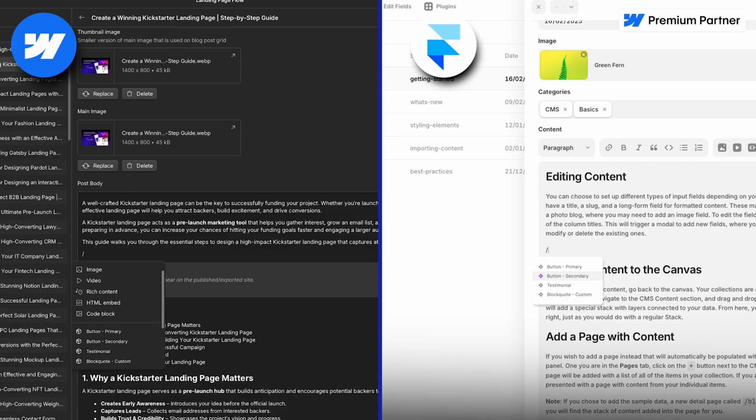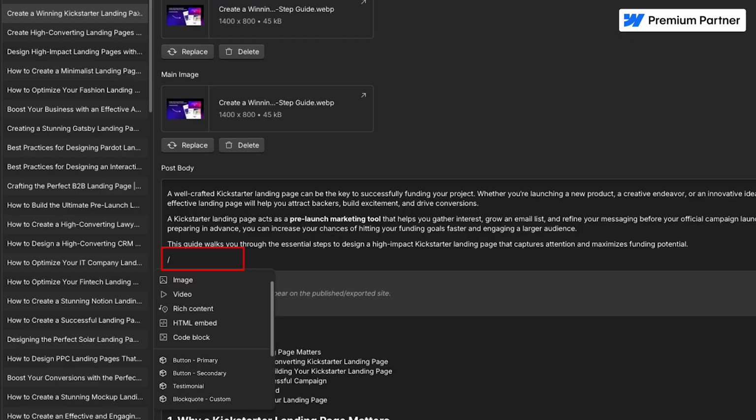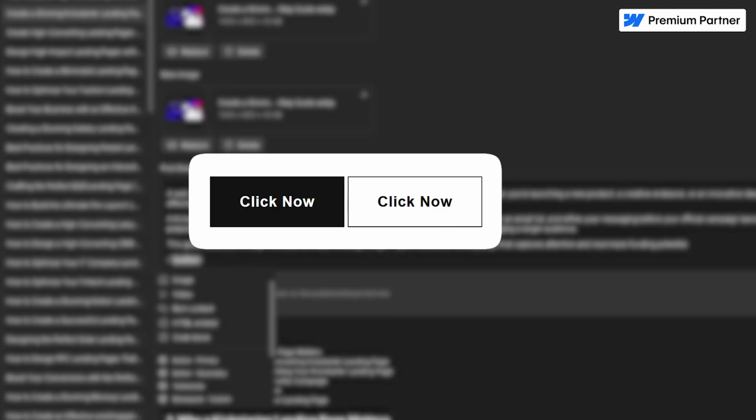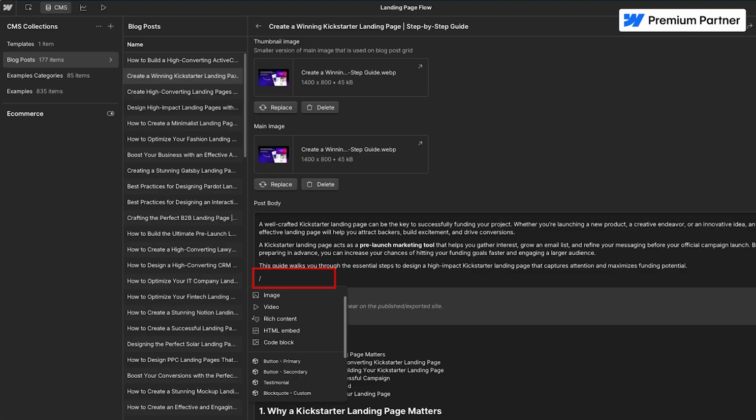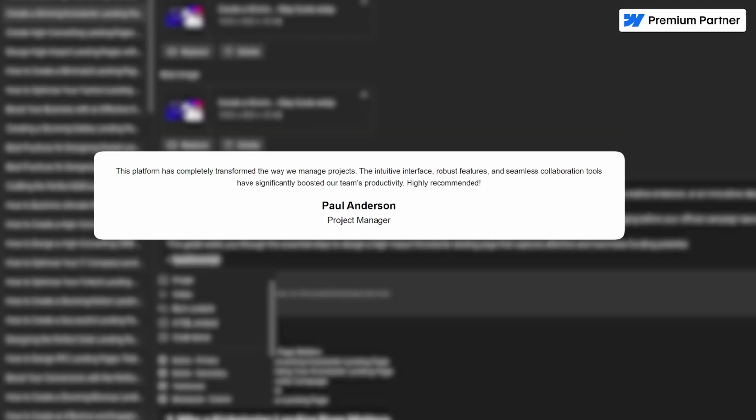Instead of relying on manual embed codes, Webflow and Framer should introduce a native component-based shortcode system. Something that works just like WordPress shortcodes, but in a more visual way. Here is my idea. When writing content inside Webflow's rich text block, you should be able to type a slash command, and it should open a list of pre-built components. For example, if you type /button, it should insert a button component. If you type /testimonial, it should insert a ready-made